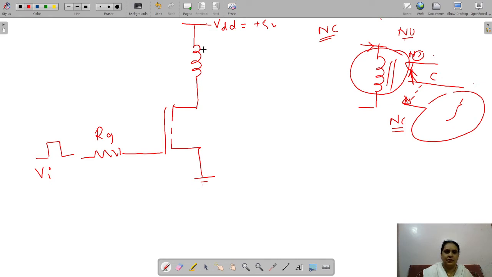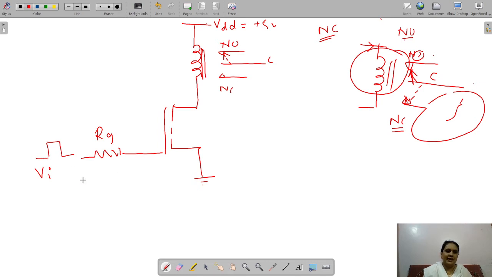Okay, let us draw it here. This represents the energizing of a coil, and this is the common. So I will draw my NO point. Then I will also draw my NC point. By default, let it be in the NO position. So I will represent it in this way.